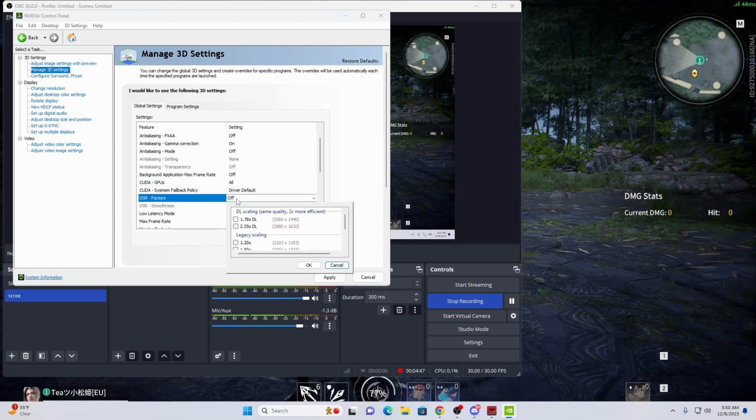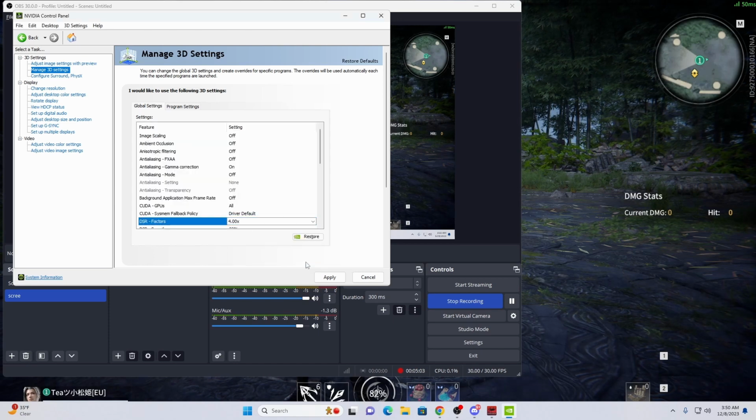I will be using it just to show you. For DSR factors, we will put the scaling to 3840 by 2160, so 4 times. And then smoothness